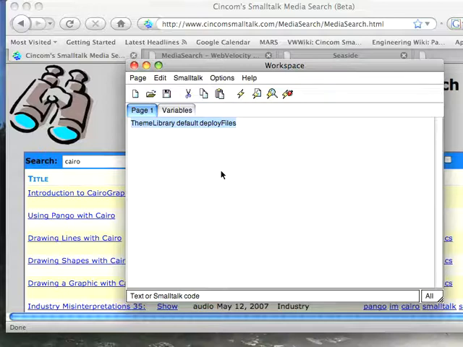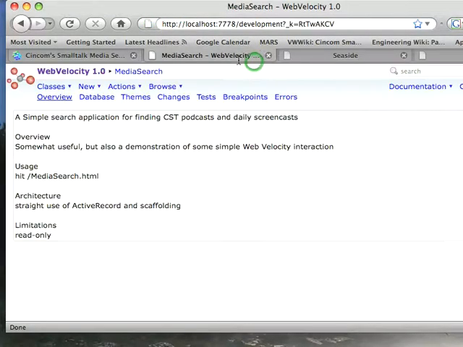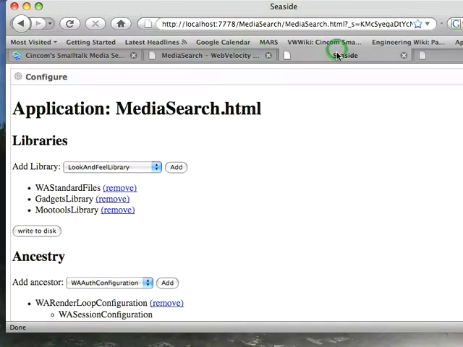So you can either write a deployment script where you go through all of your file libraries, the ones that are coming from the system and the ones that you've created yourself, iterate through all of them and just have them send deploy files so that they all go out and then FTP the results up to your server, poof, done. Or you can go through this configuration page that I showed you a minute ago where, here it is, where I go and write to disk. So I can take some of these, but the problem here is you don't get all of them. So probably simpler for deployment terms, you just write yourself a little script, gather up all of the file libraries you're interested in, iterate over that collection, and just drop the files out. Then FTP them up to the server,